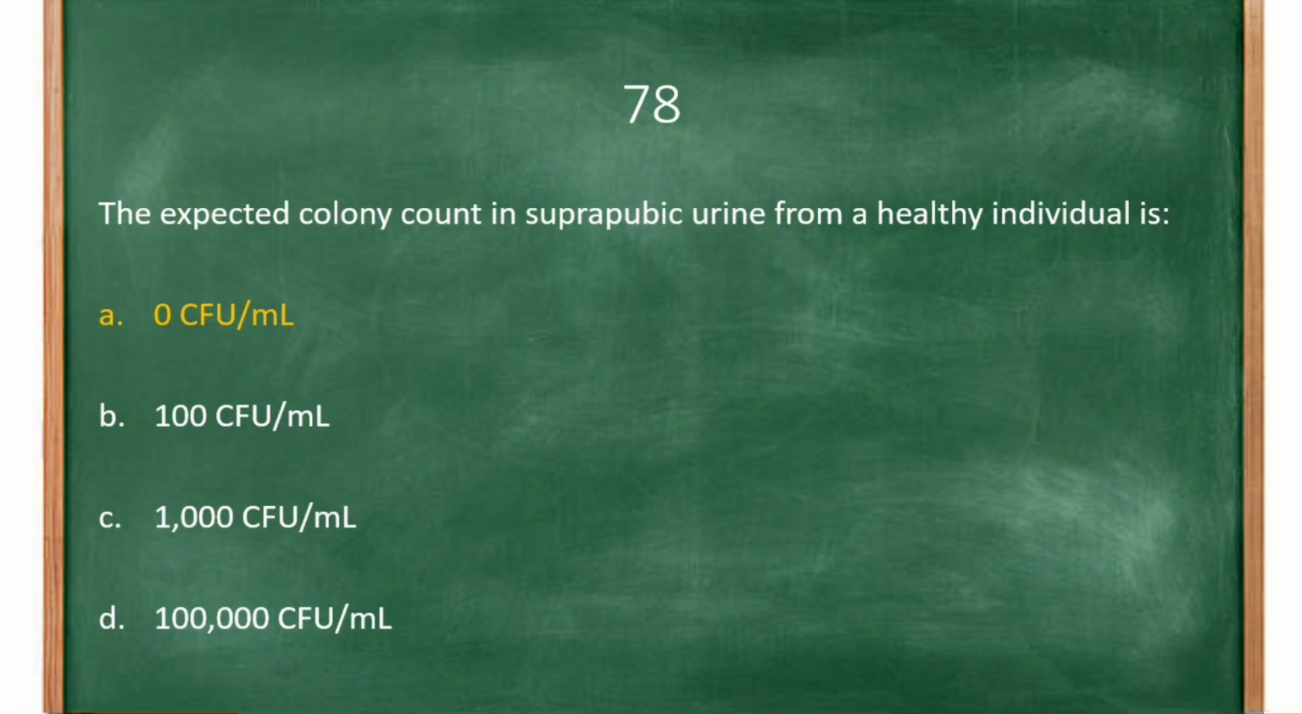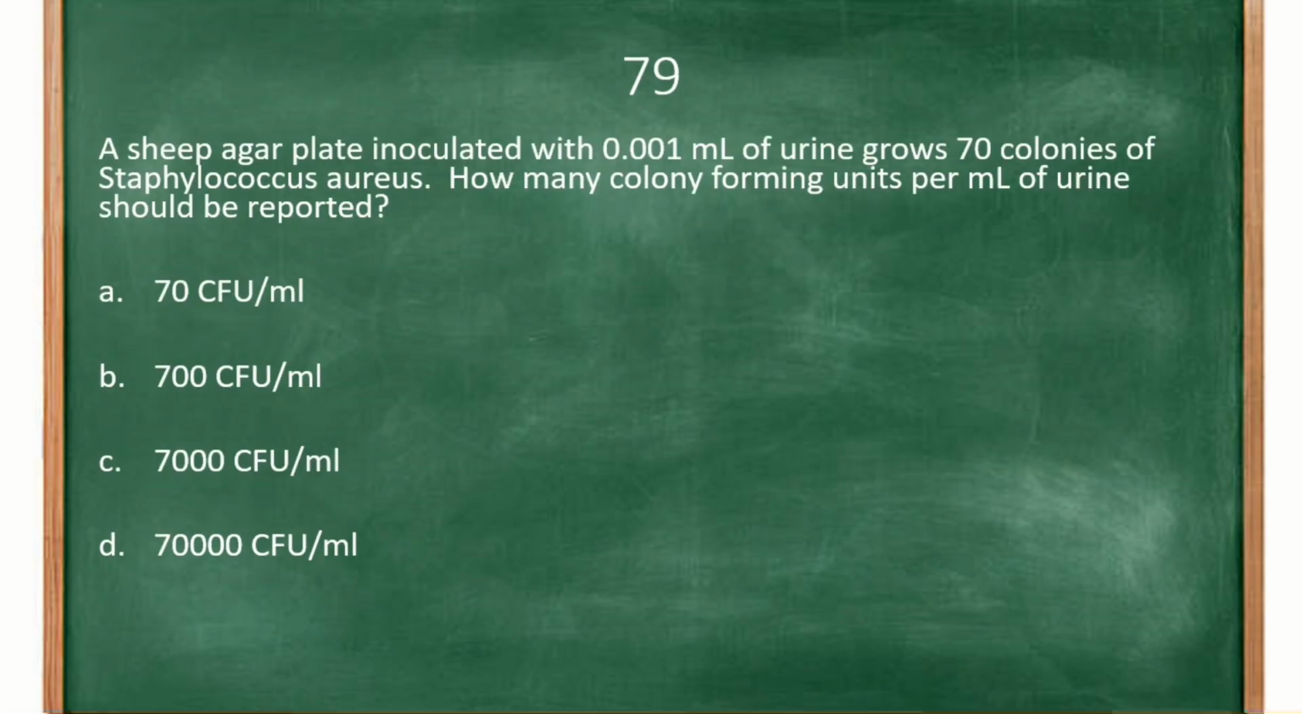And then with this urine, we expect that it will have zero colony forming units per mil because it's supposed to be sterile. So that's the answer for question 78. I hope you get the explanation. Okay, then 79. It says that